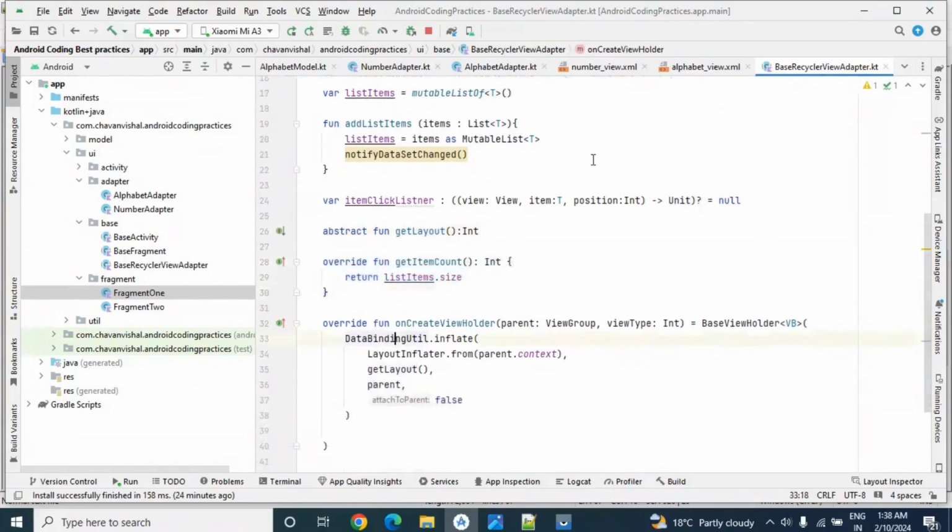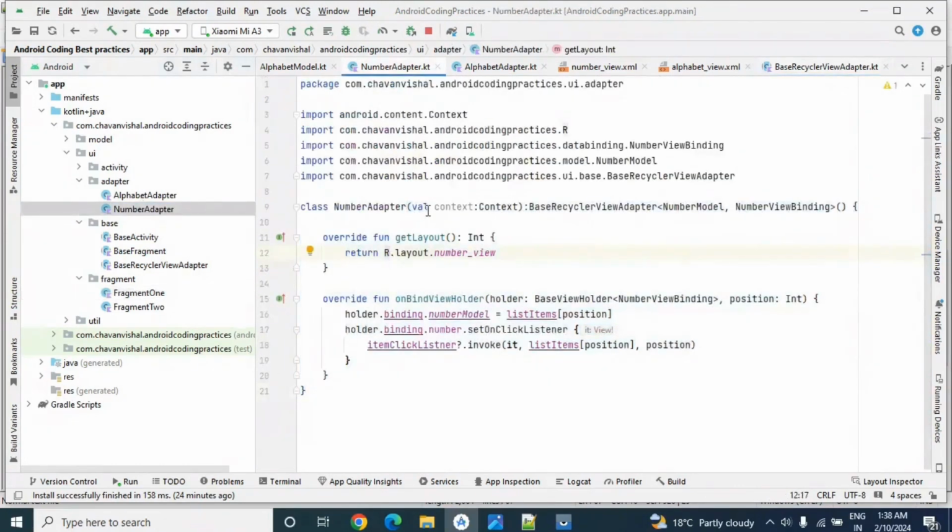This is our getItemCount method, and this is our onCreateViewHolder method. In number adapter, we have just passed the getLayout method and onBindViewHolder method. So in this adapter we have not added onCreateViewHolder or the view holder class, so it optimizes our code. So let's run the project.